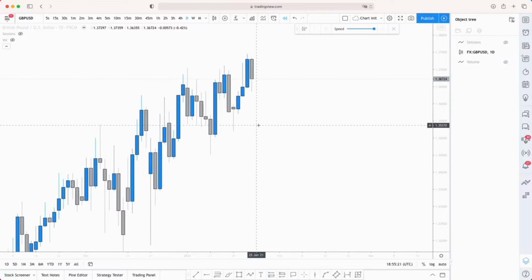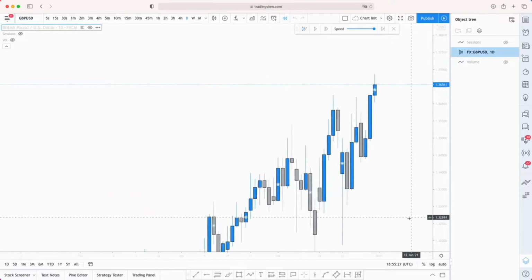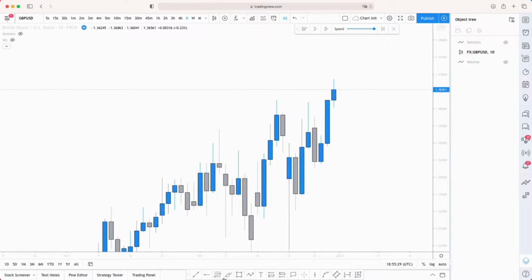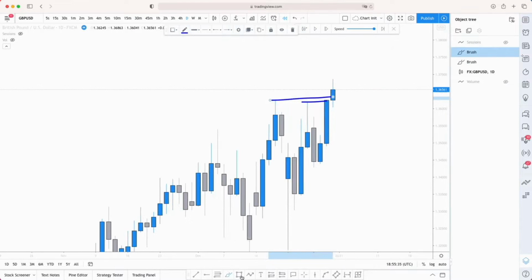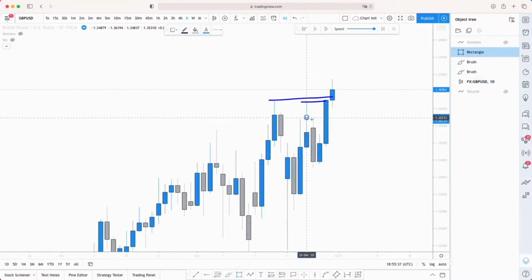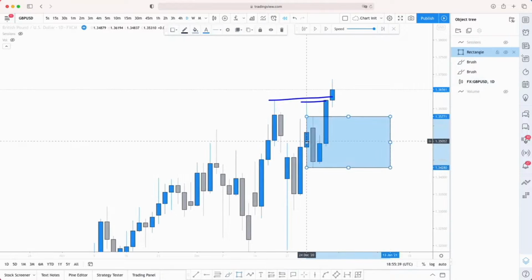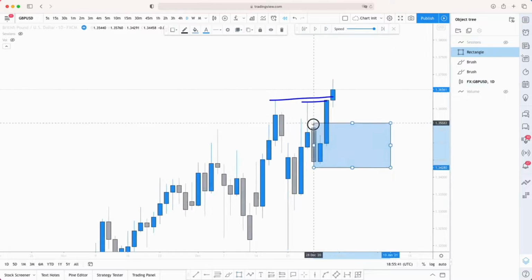So we have broken structure here, right? So what can we see? We have broken this structure here, and we've also broken this one. Where is the OB that broke the structure? This candle here, right? We can refine that down to this OB here,